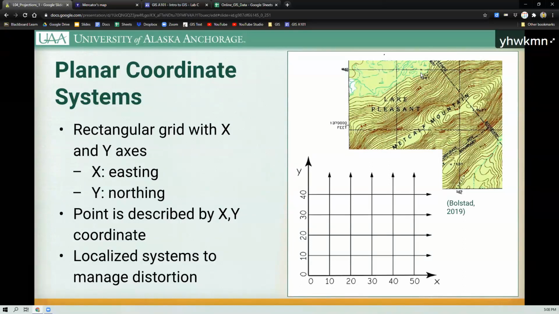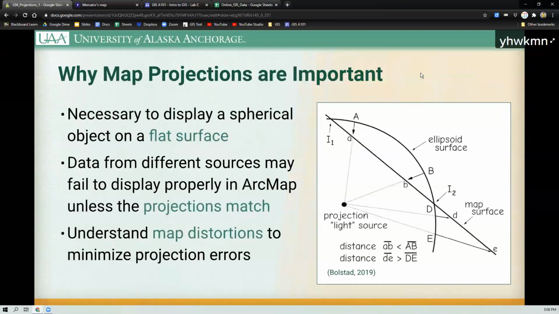So when you try to apply these over a large area, obviously you're going to have significantly more distortion. So most of these systems are specifically selected for localized regional systems, or they're done in an interesting way so that that distortion is limited, right? So here we show the distortion of your map in going from the sphere to a plane is going to be different over the surface of that map, and is also going to be different based on how you draw that projection, which I don't